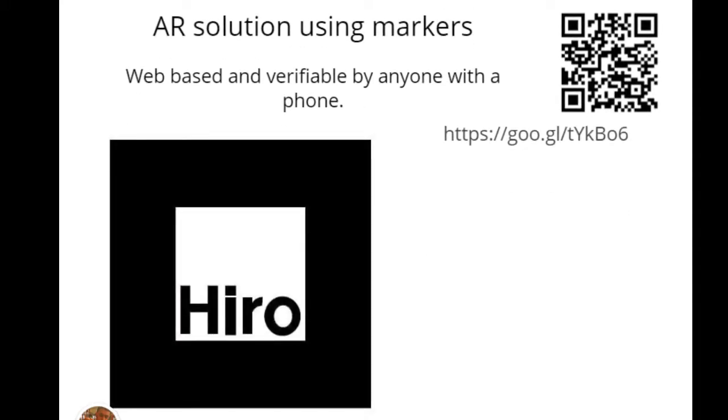So the solution may be some sort of AR marker. So you guys here in the front can probably do it. Everybody else, if you want to visit this URL on your phone, if you can read the QR code, if you want to get up and get closer, that's fine too. In the Google link, don't forget to not include the extra G, which I always do. I always put Goog instead of goo.